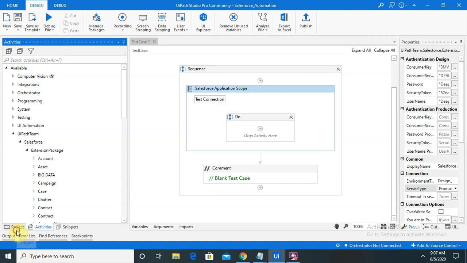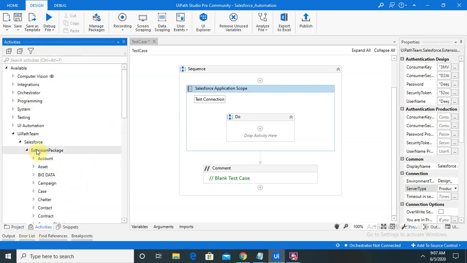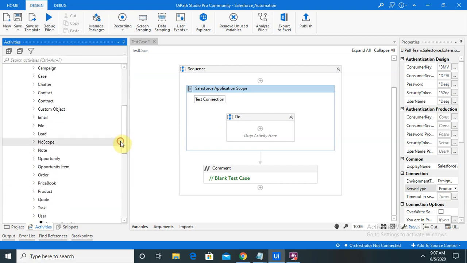For automating this, we'll need the activity package to be installed: UiPath.Salesforce.Extension.Activities should be installed. After installing this, you're able to see all the activities available here. So let's move to the lead.